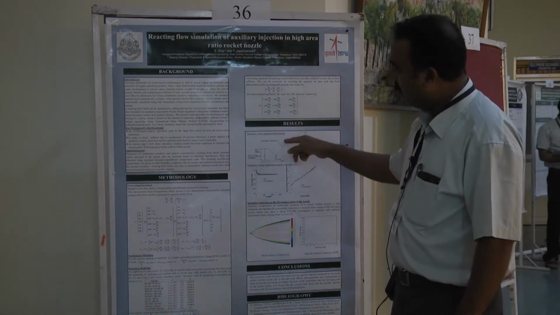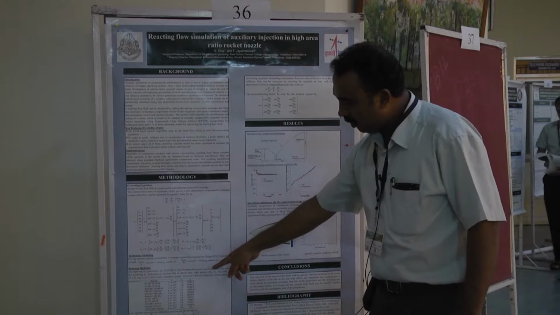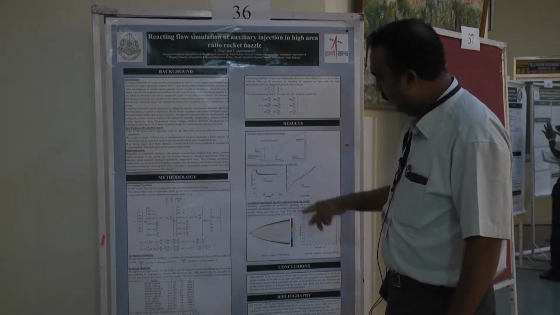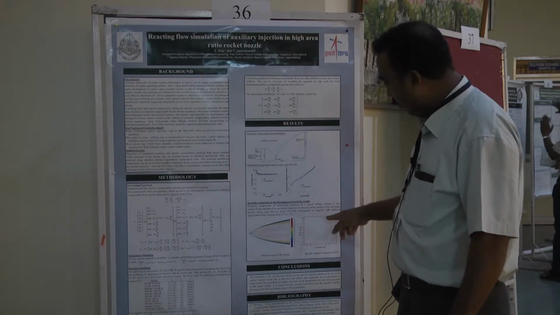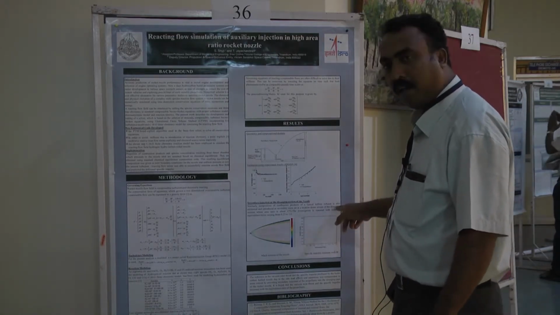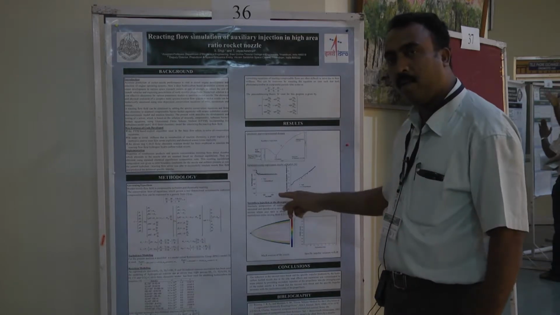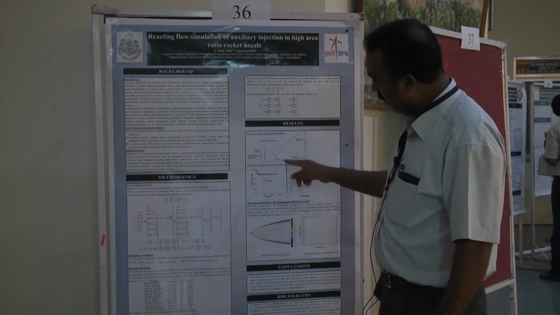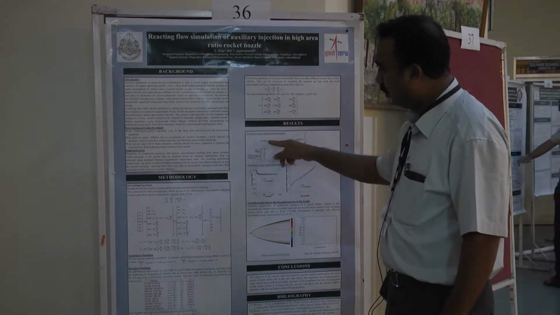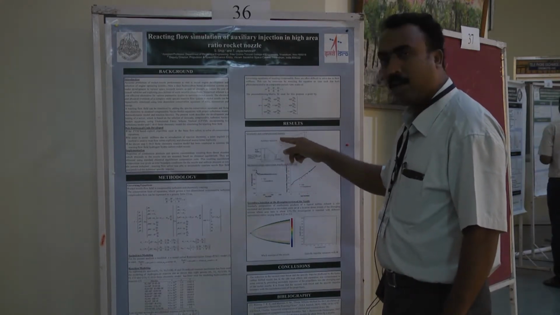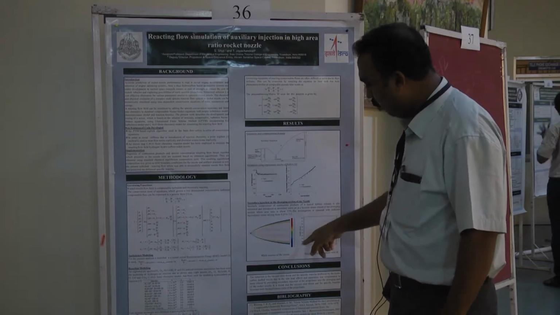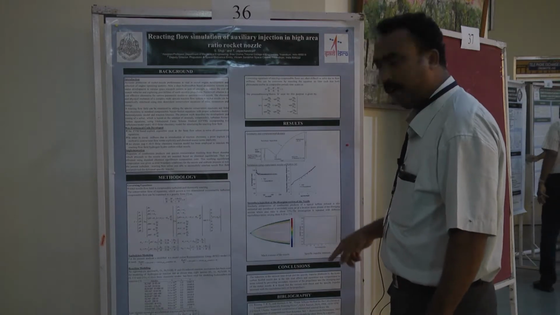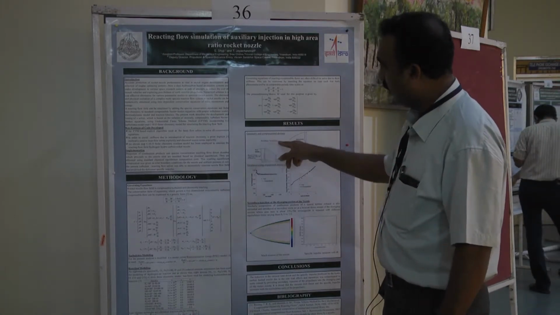In addition to that, if we are using methane oxygen propellants instead of hydrogen oxygen propellants, the specific impulse is lowered to 335 instead of 480. That is simply because of the high molecular weight of methane compared to that of hydrogen. This can be overcome by the auxiliary injection of the same propellants, methane and oxygen, and thereby we can improve the specific impulse from 335 to 375.